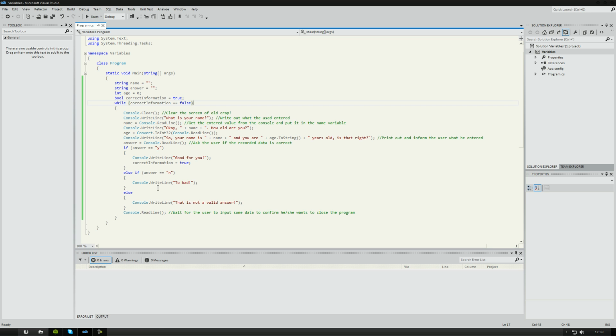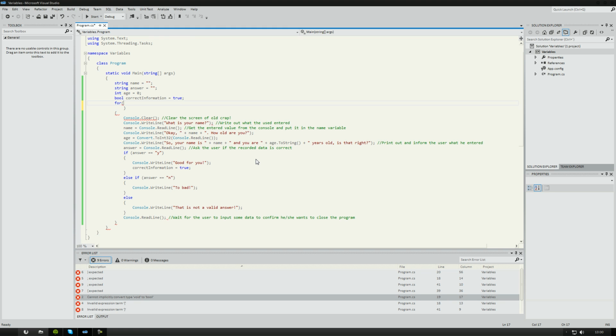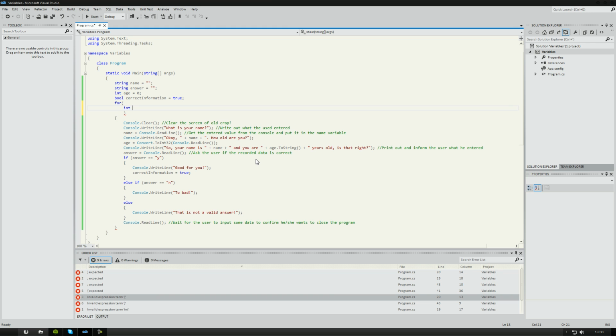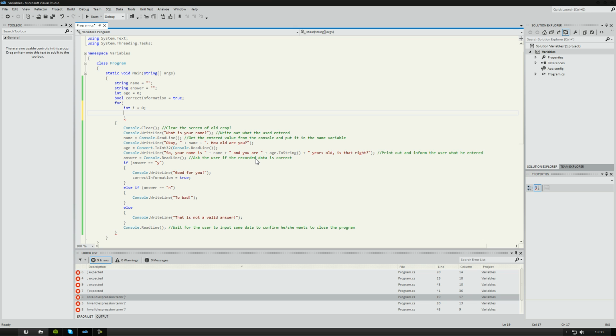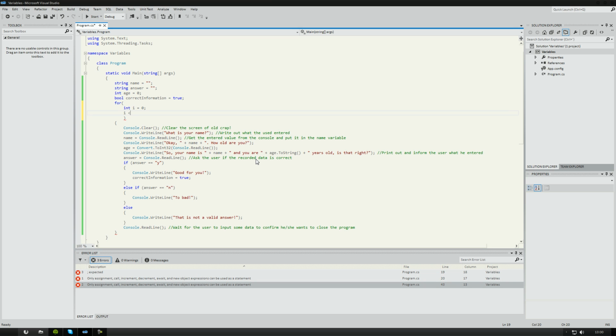Then there's the for loop. The for loop is really useful when looping through arrays, and arrays is this kind of stuff. It's variables that can have multiple values, and it's complicated stuff. That's later down the path, way down the path. But the for loop is basically 3 lines in the parentheses. The first one is you make an int, and an int is often called i, and you have to set it to a default value, so 1. Next up, as long as i is smaller than, I don't know, smaller or equal than 3,